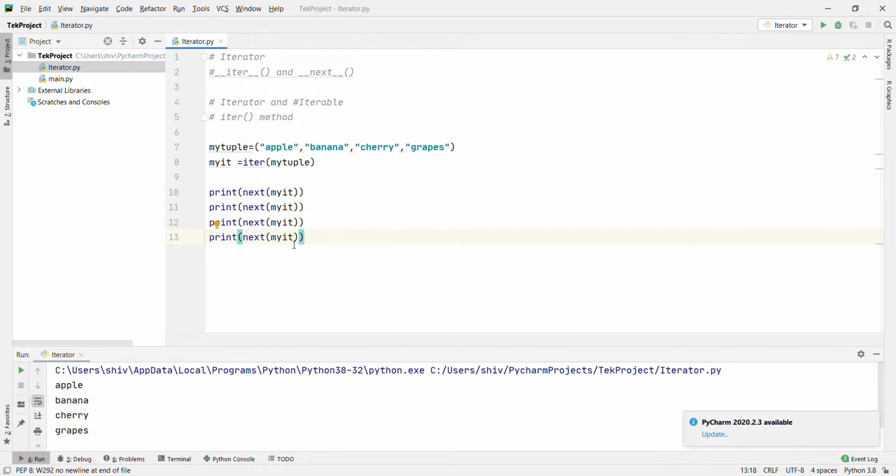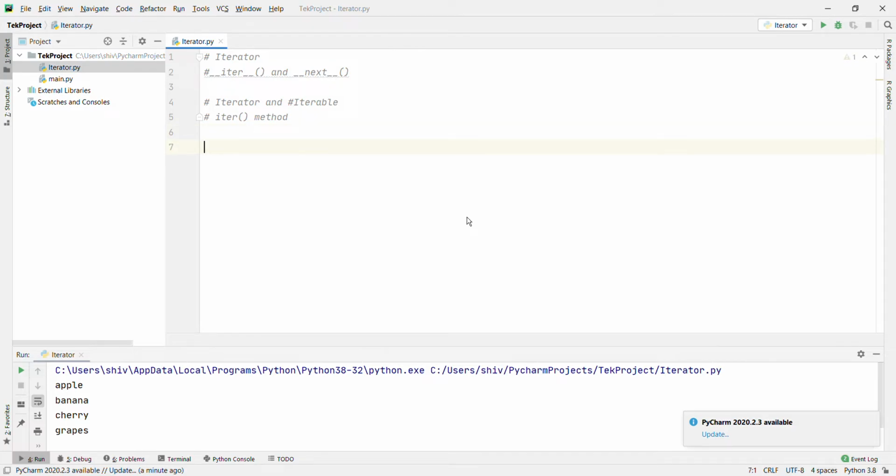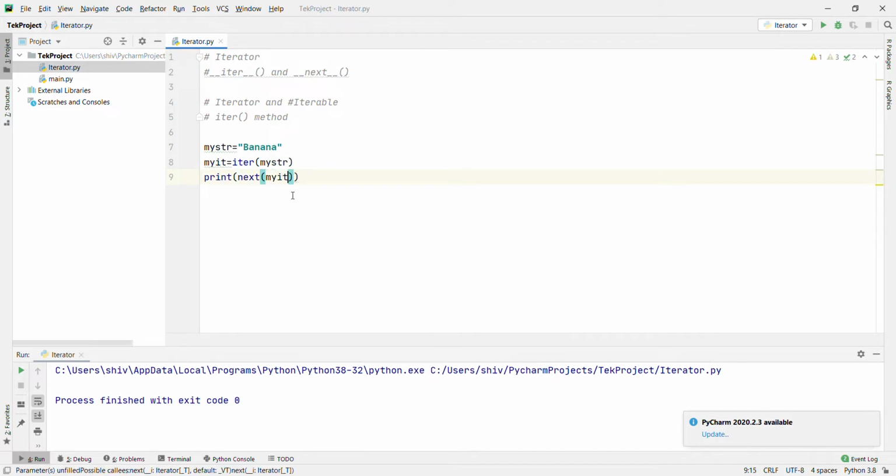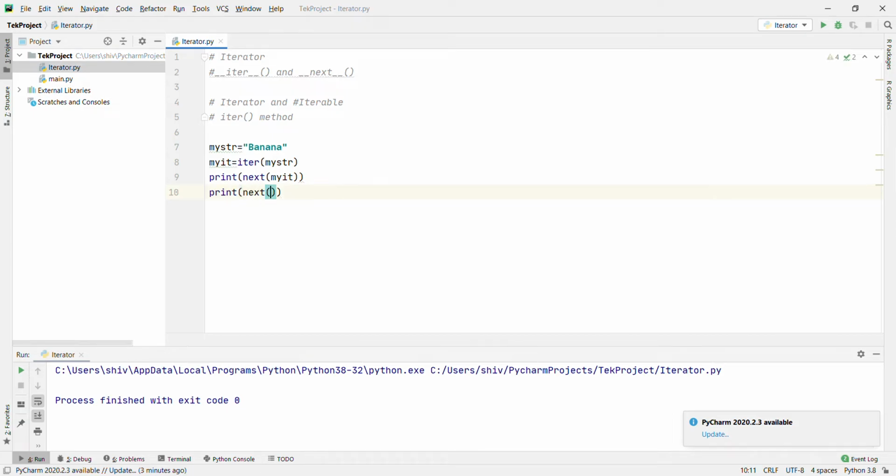Let's go with the example. mystr equals banana, and myit equals the iter method passing mystr. Then print next myit, repeated for each character. How many letters are in b-a-n-a-n-a?